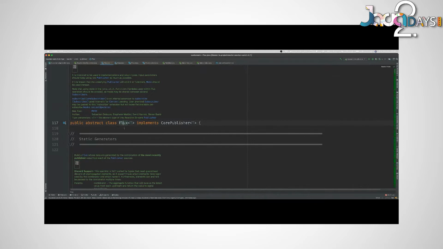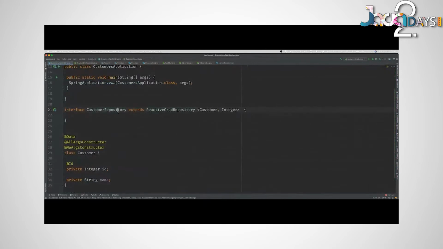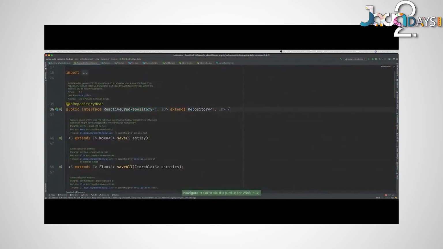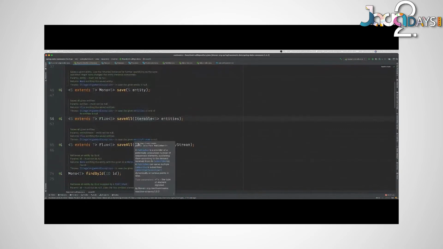The nice thing about this is that this is all just in the interface here. You can see the return values are Monos and Fluxes, but the accepted input types are the basic Publisher interface. So you can accept Publishers from different projects. There are lots of different Reactive Streams implementations. You can use Akka Streams, you can use RxJava, you can use Vert.x. I mean, you can use Spring with these other technologies because they all understand Reactive Streams.